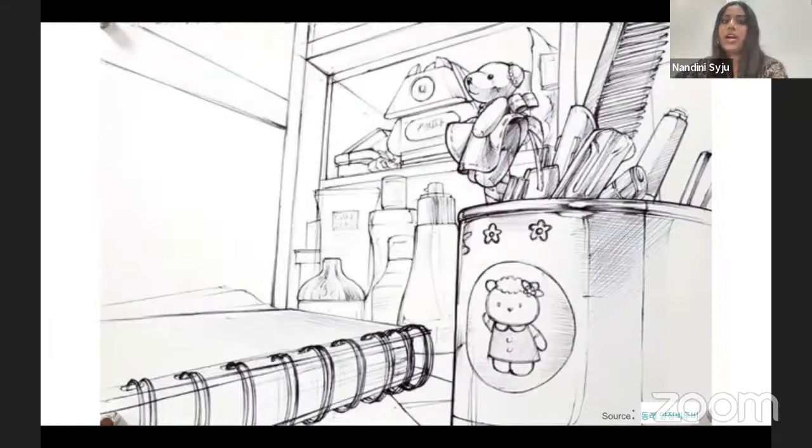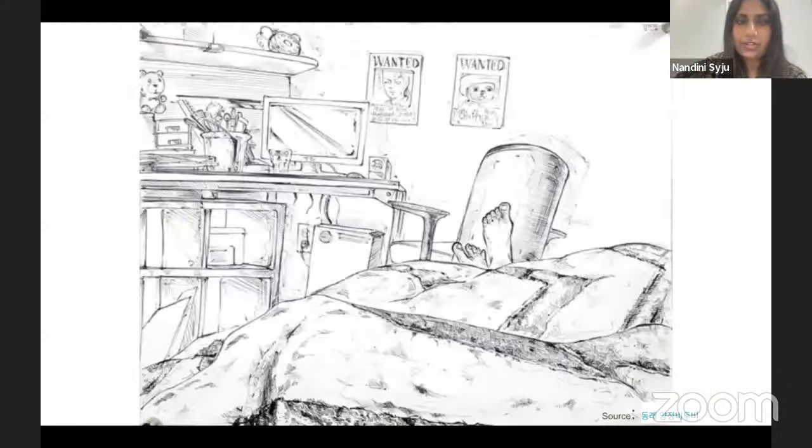So these are the most ideal types of sketching styles or art styles, because again, this has been the age old debate when it comes to attempting any of these drawing questions in any of these national level entrance exams. Do we go for realism or do we stick to cartooning? This is what you guys have to stick to. This right over here that you guys see on the screen. Right. Another POV sketch.